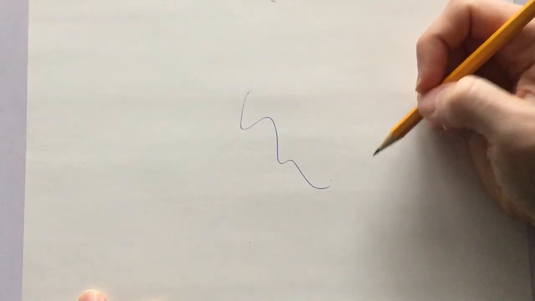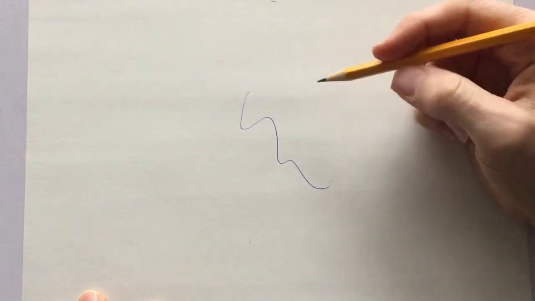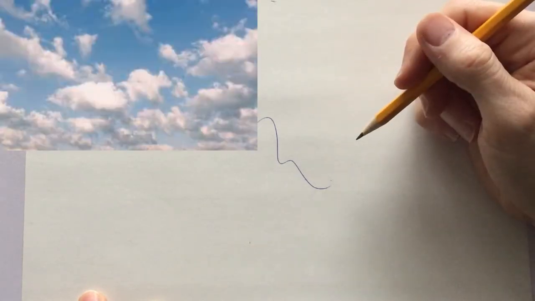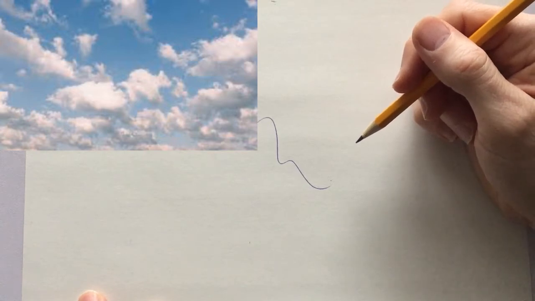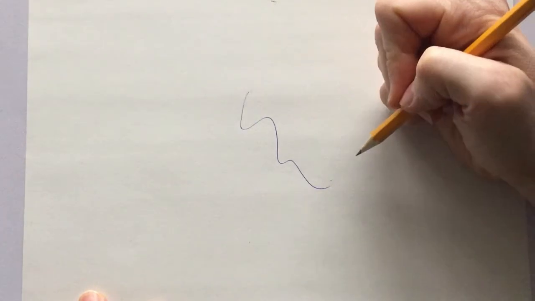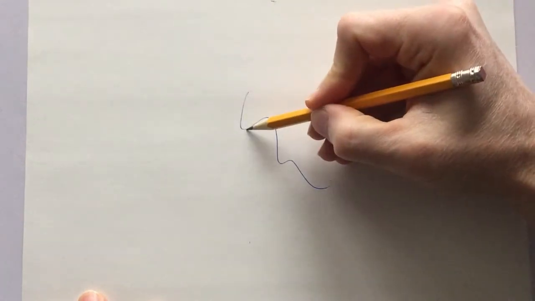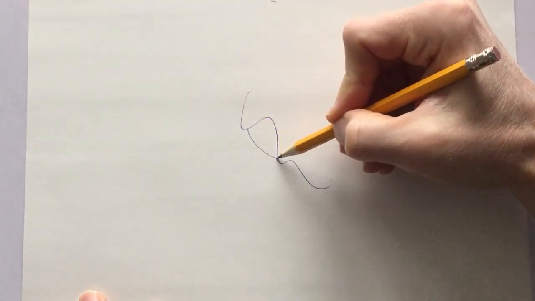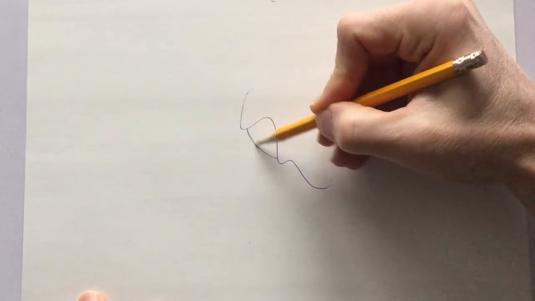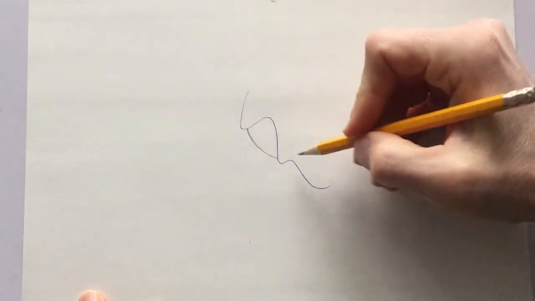I've got to use this squiggle now somehow in my picture. And very often when you look at things like clouds or snowbanks or literally anything, bathroom tiles, you can see shapes within them. And we consciously do that all the time. And sometimes when we do that, we're able to get ideas for our drawings. But in this case, what I'm going to try and do is use that squiggle to make something new out